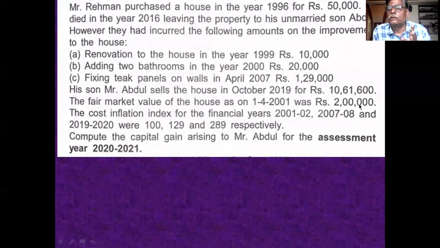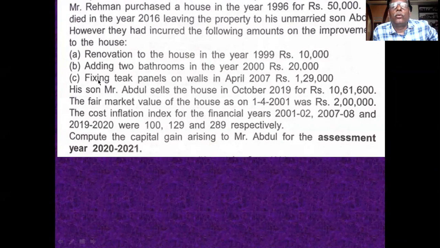Cost of acquisition. Third point. Fourth point is improvement. Regarding improvement, there are three. Out of 3 improvements, only one improvement is applicable, that is 2007-8. And remaining 2 are before 1/4/2001. Therefore, we ignore the 2 and take 1. Clear? You will get the gross capital gain. And after that, you search for deduction.